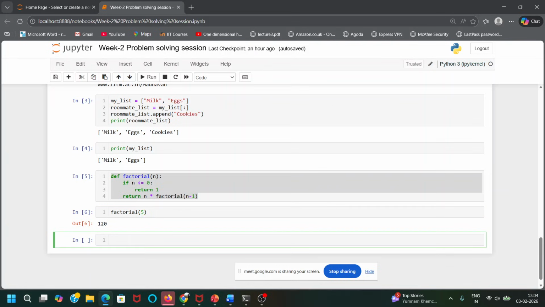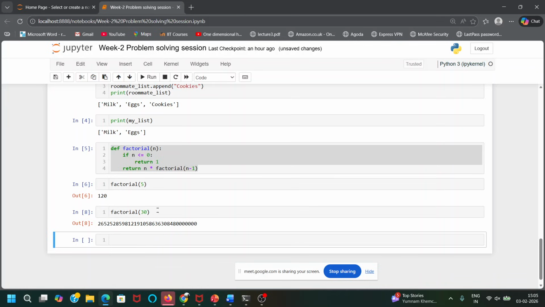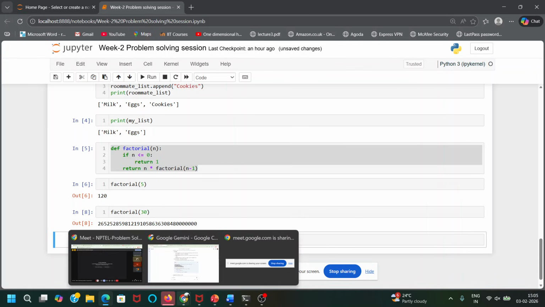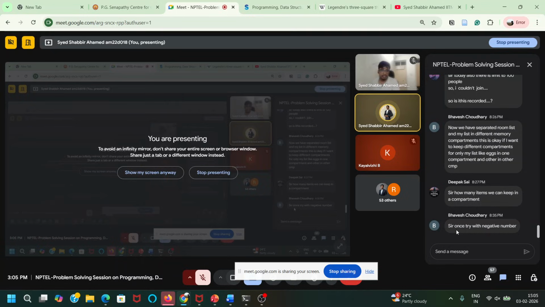And I can use this function n number of times. I don't need to write the code for factorial, these lines, again and again. If I want to find the factorial, I'll just call this function, enter the value, and run. Now you can see it has given a very huge number. So when you define a function, you can use it any number of times in your code by calling it.